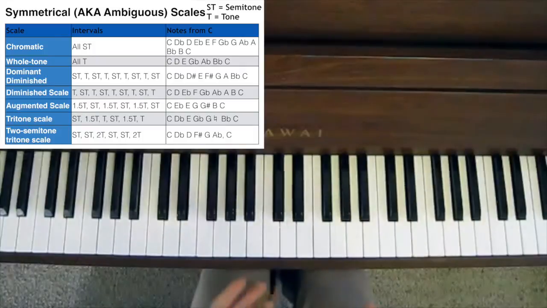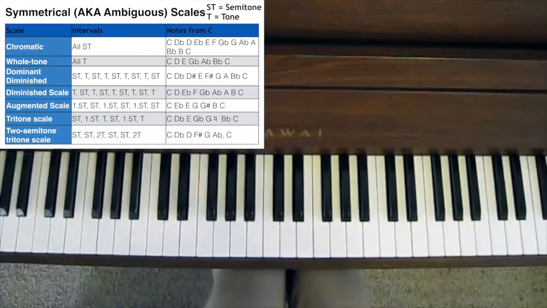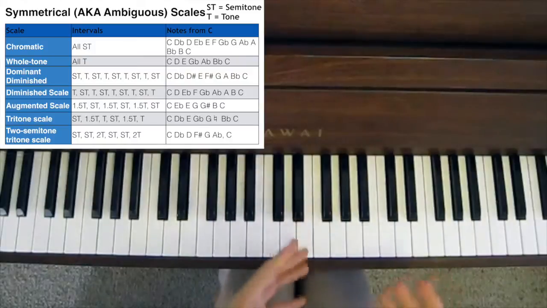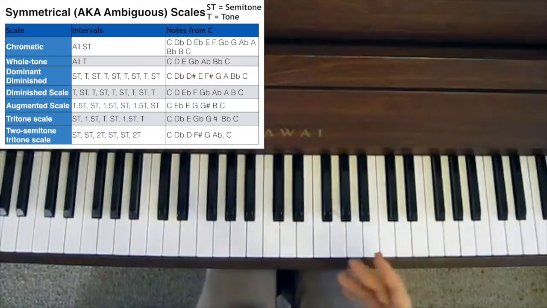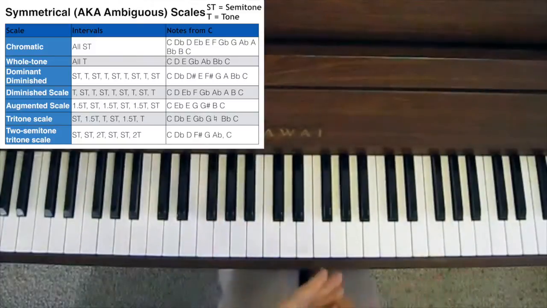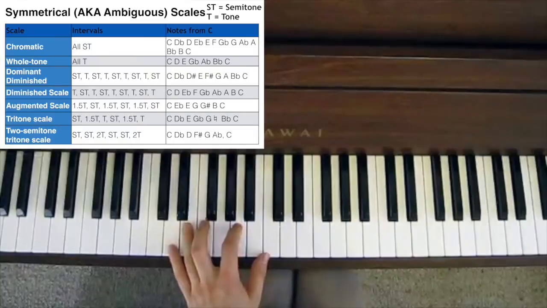Similarly, symmetrical scales can be used to build tension and work over any chord progression in any key, because you're not really playing in a key per se, you're playing a symmetrical pattern. It just so happens that the symmetrical pattern you're playing happens to be a scale. So if, again, we just take a simple 2-5-1 in the key of C major,